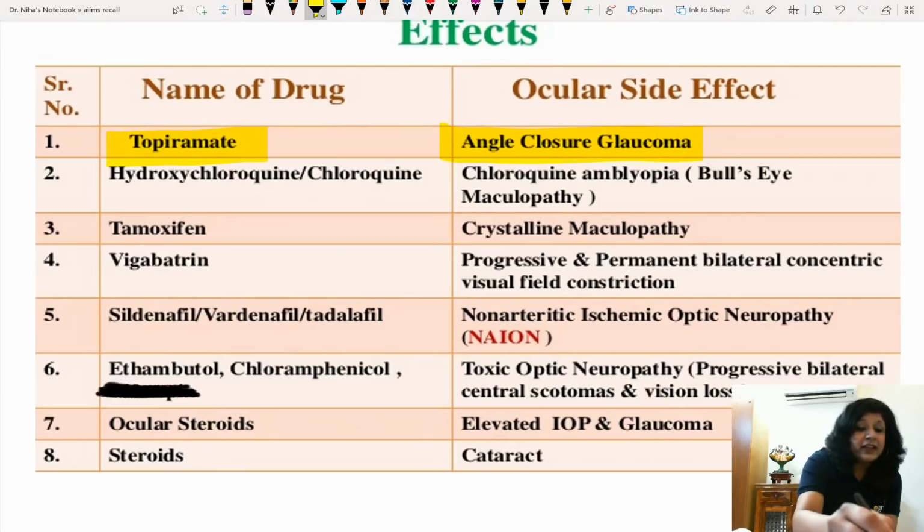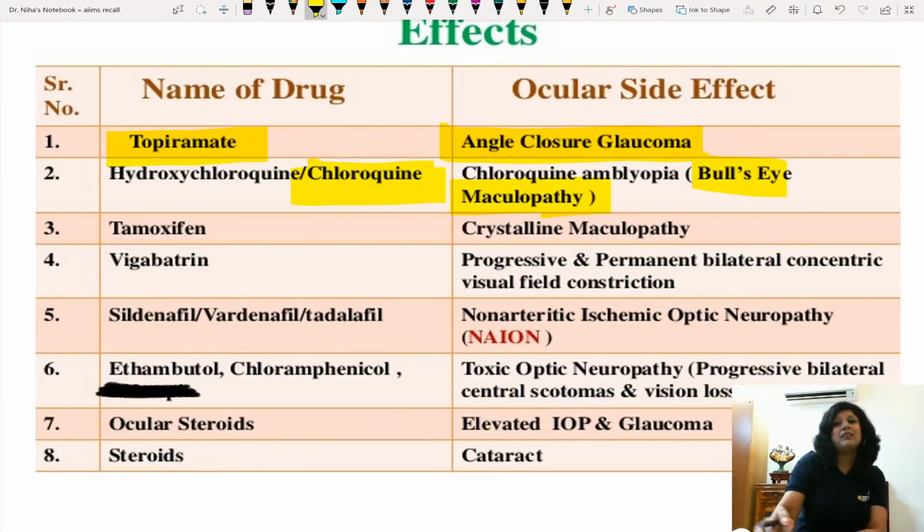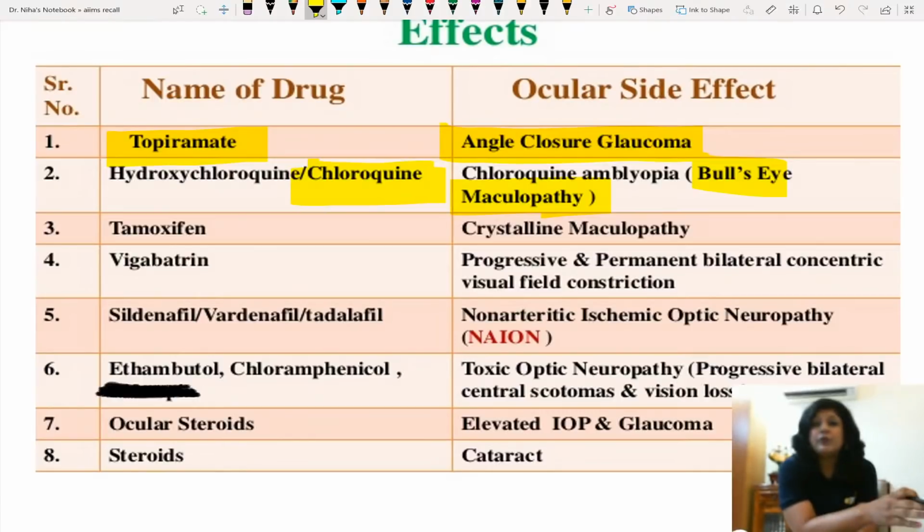Then a very important thing that you already know, chloroquine, hydroxychloroquine, it causes the bullseye maculopathy or the bullseye retinopathy, also called annular benign concentric macular dystrophy. And that is why, if you remember, I told you that we are not giving this drug to the COVID patients if they are already retinotoxic. So if the patient is having retinopathy, we will not give the chloroquine or hydroxychloroquine group of drugs to these people.